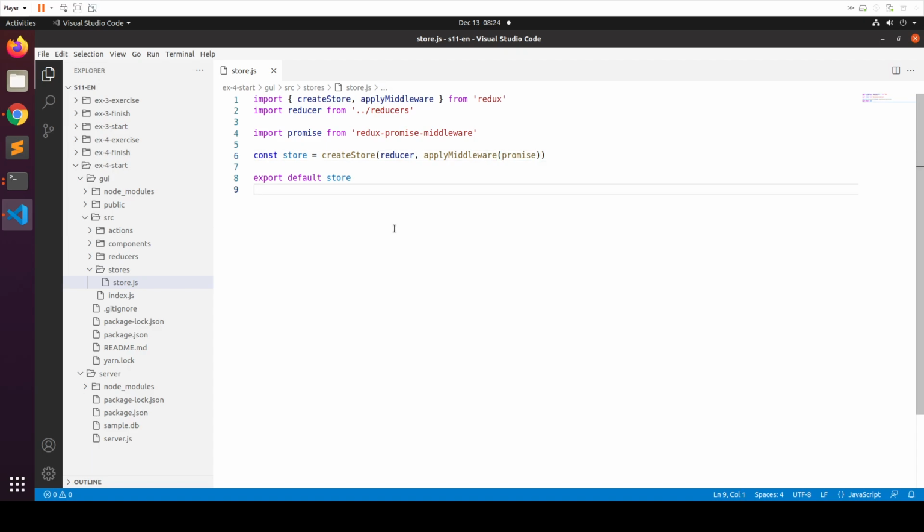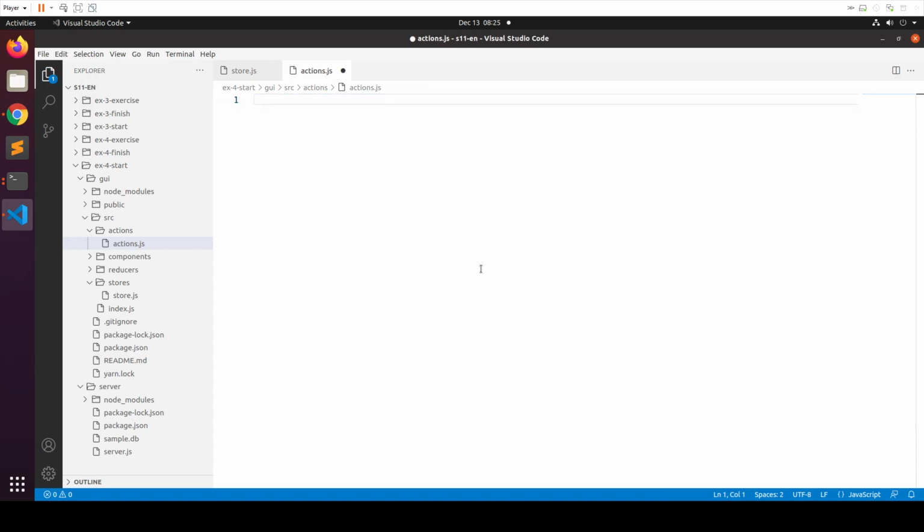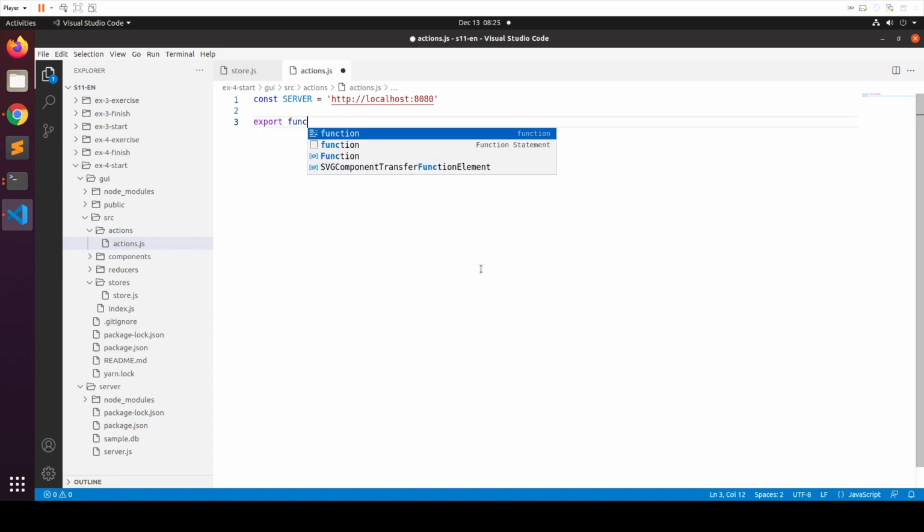Now as for our actions, if we go to actions, we have this add node. We don't want to do this, so we just want to get the nodes from the server. So we're gonna say const server. This might be better held in a config file, but we're going to put it here for now. And we're gonna have export function getNodes,